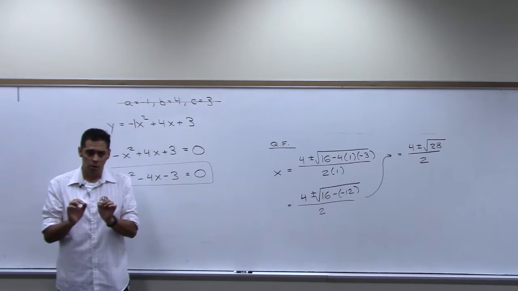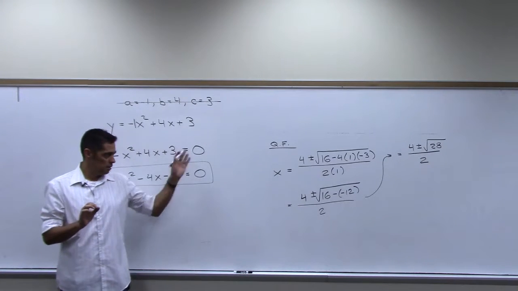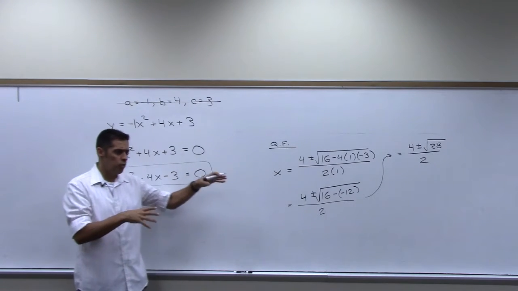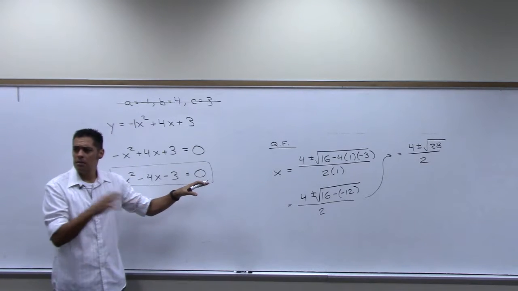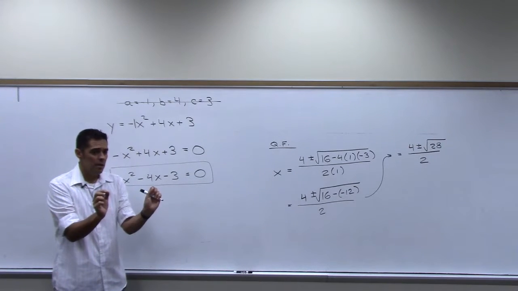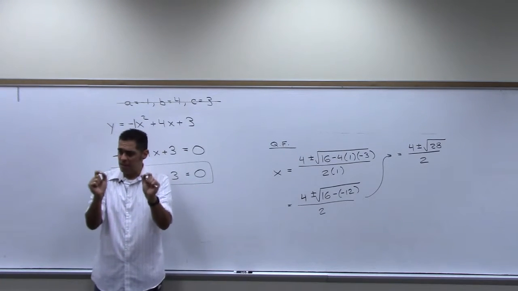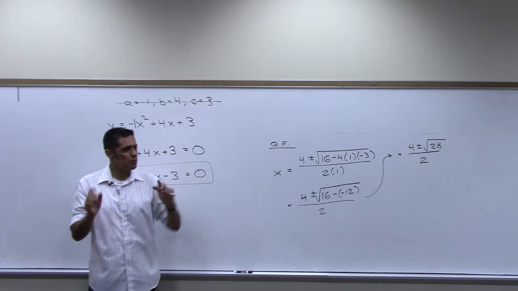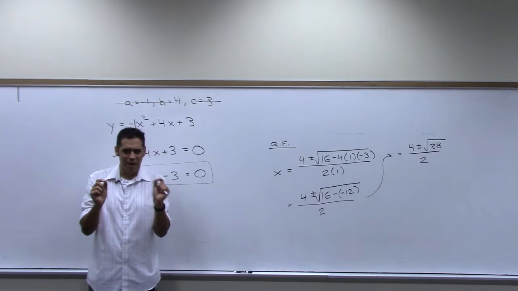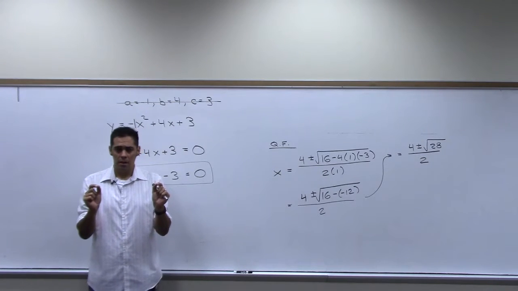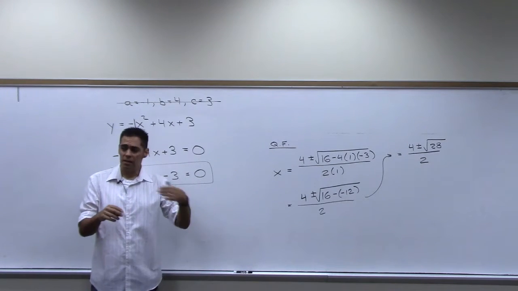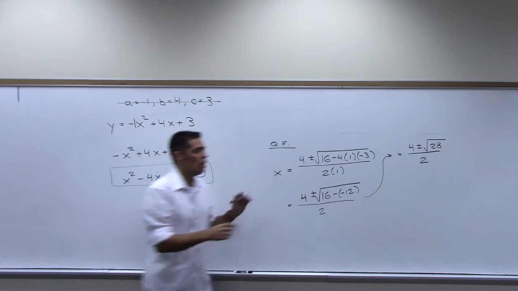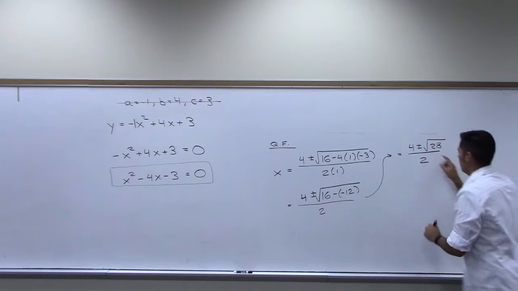What is our goal here? Why are we doing this step? To find the x-intercepts, right? Those x-intercepts are numbers on the x-axis. We need to know how to graph those. And if we leave this as a root, we're not going to be able to know where to put these things. In the previous problems that you were asking for homework, we would want to break this 28 down,